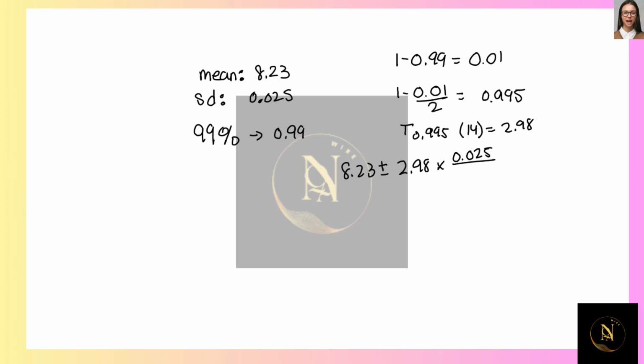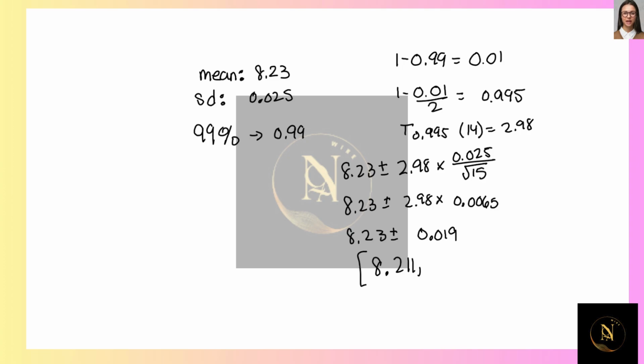0.025 divided by the square root of 15, and then 8.23 plus or minus 2.98 times 0.0065, and then 8.23 plus or minus 0.019. And then if you 8.23 minus 0.019, that's